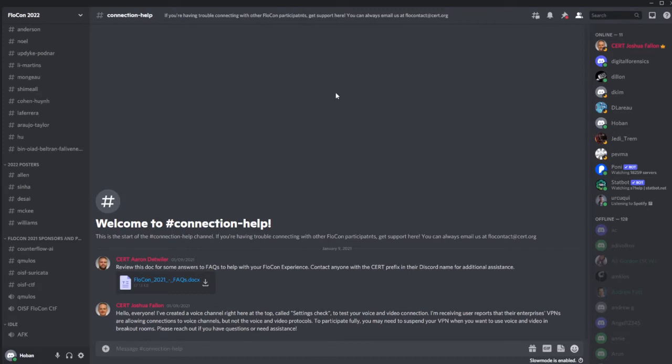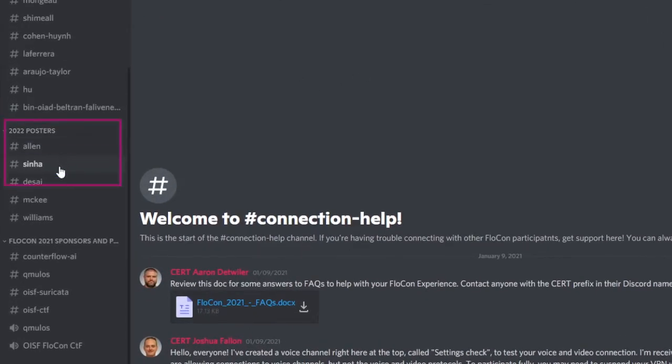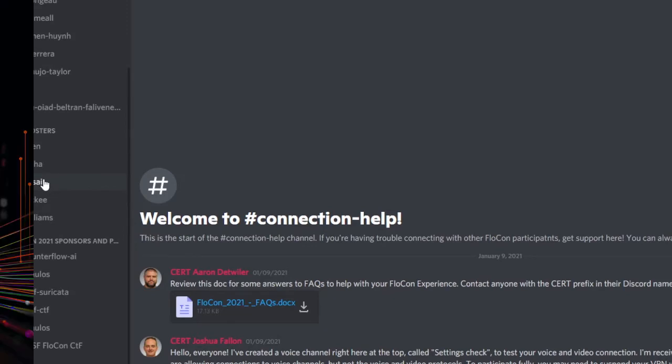A little bit later on in the week, we'll have our poster session. You'll hear a brief introduction from each of the poster presenters on the main channel, but then they'll all be available for you to visit and chat with and ask questions and get a little bit more in-depth conversation about the poster that they've put together. So on the left side of your screen here is a list of all of the poster presenters. In these channels, they'll post a copy of their poster, and you can add any questions you have and get to chat with them, know a little bit more about the work that they're sharing with us throughout the conference.